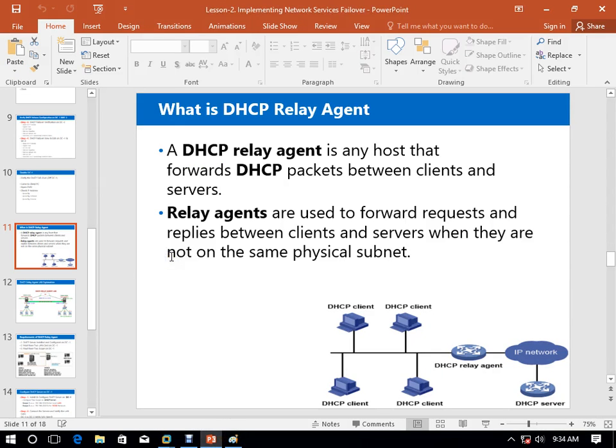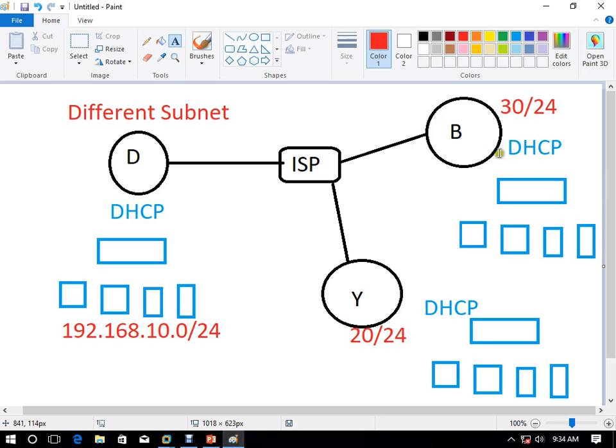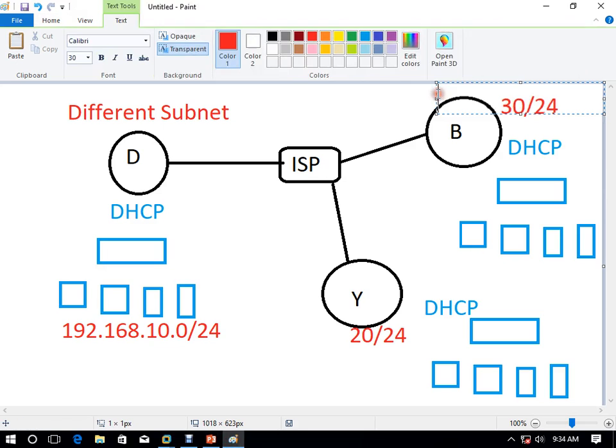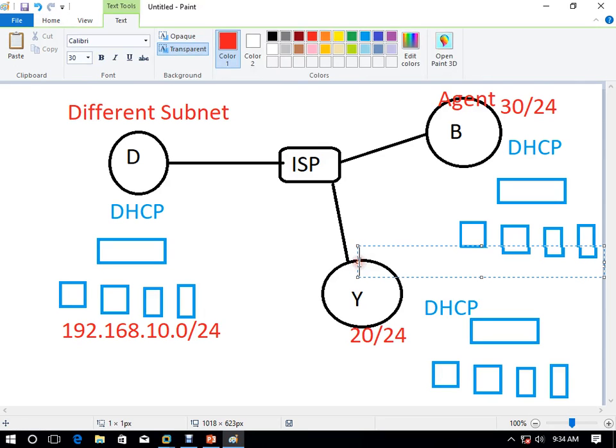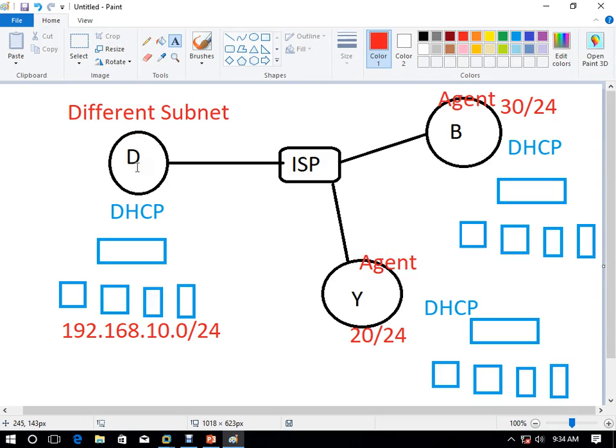So who will be the relay agent? The one who is forwarding. This will be the relay agent, and even this will also be an agent. These agents will forward the request to the main DHCP server, the main DHCP server will give the IP as per the request, and the agent will provide the IP to these clients.